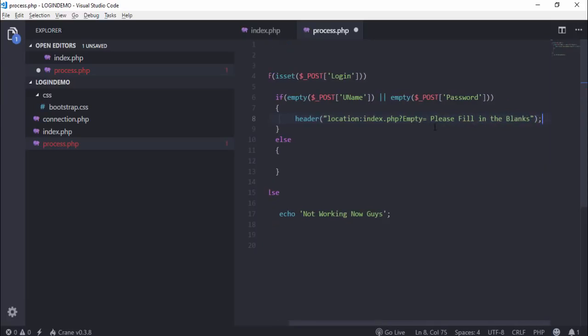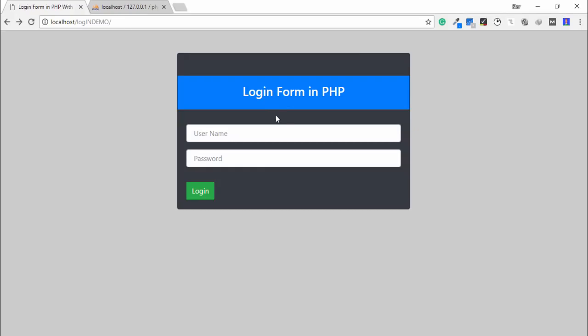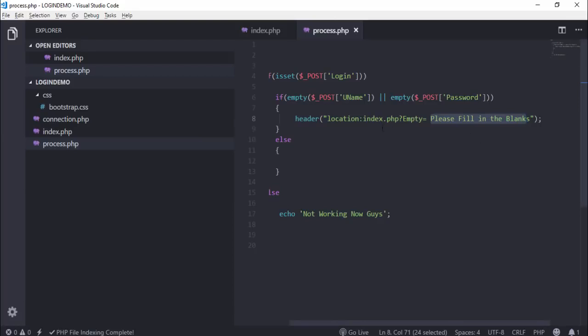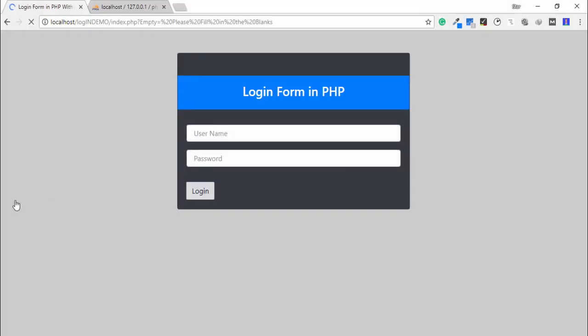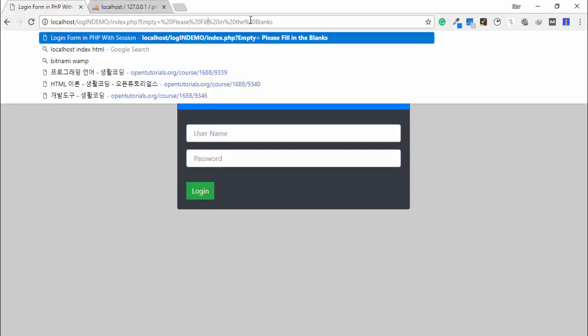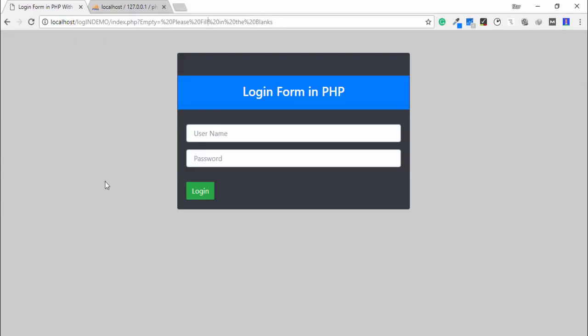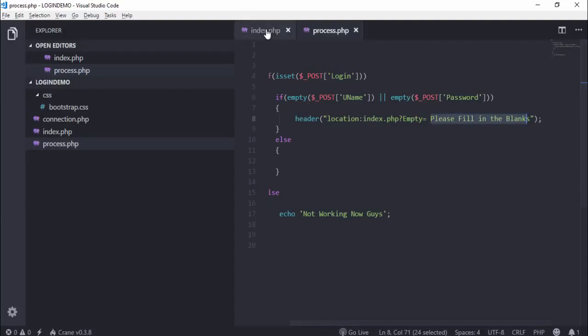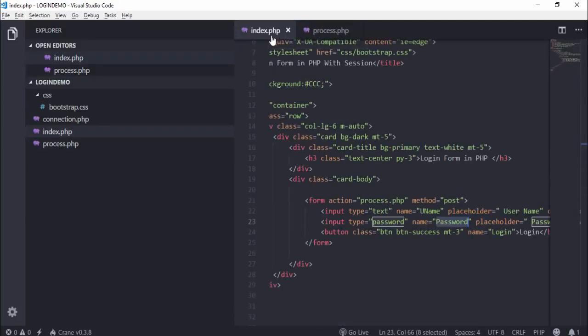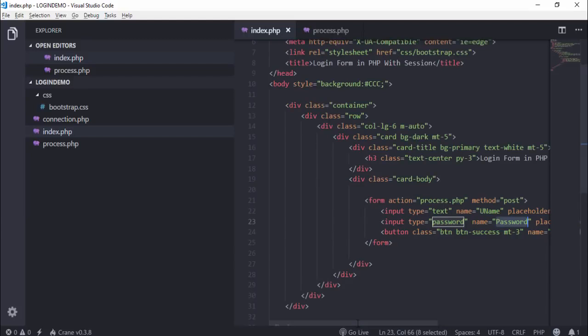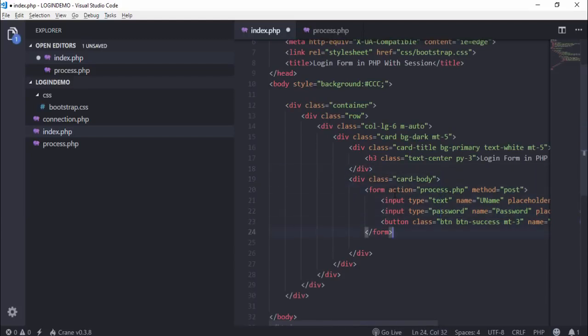Okay, now I want to display this message on this screen. First I save this code, and I click login. Then you can see here it only displays the message in the URL, right? I just click on the login button, then you can see here empty and please fill in the blanks, but I want to display this message here. So I go to my index.html file, sorry, PHP file. I want to display this message